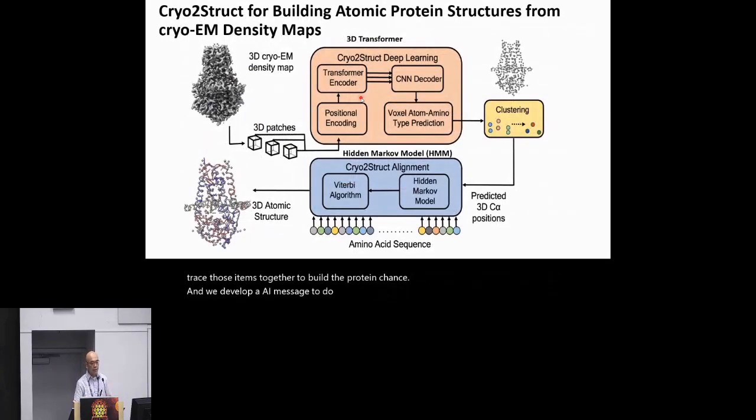The first is that we give the density map as input. We break the density map into smaller cubes, just like words in a sentence. Then these are used as input for a 3D transformer, pretty much like ChatGPT for natural language processing, to generate the embeddings. Then finally, we use these embeddings to predict whether or not a voxel in the density map contains an atom or not, and what is the amino acid type of that atom. Because some atoms are so close to each other, they will be classified as atoms that actually belong to the same atom. So we need to classify them to build a